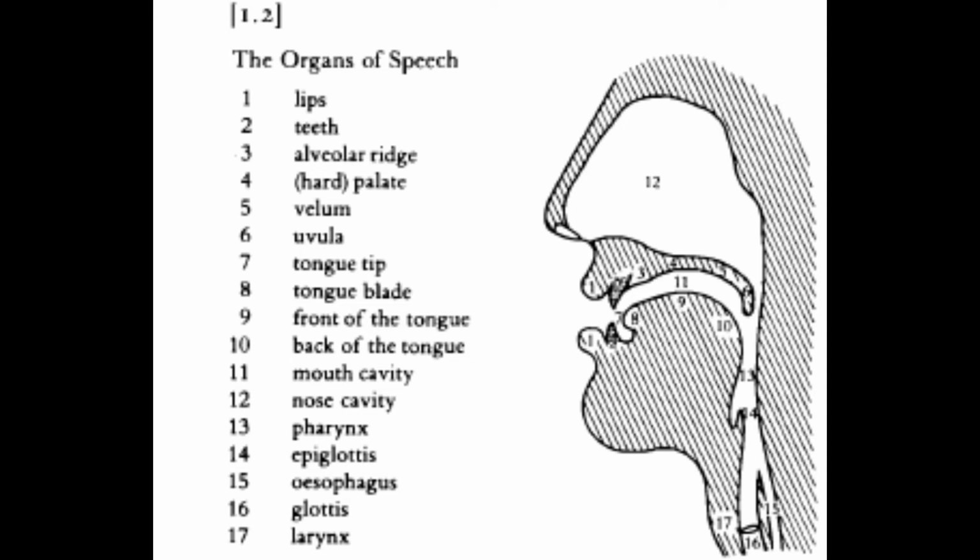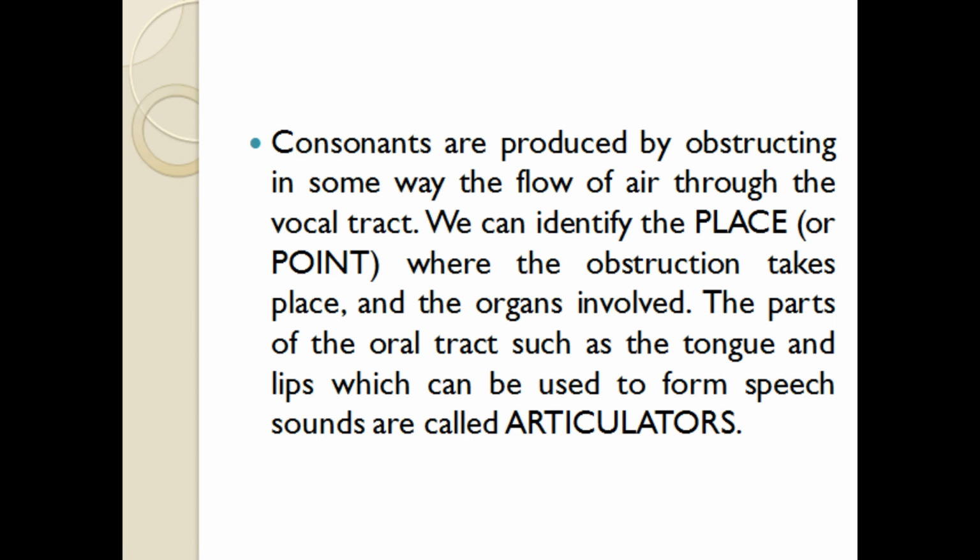This diagram shows the organs of our speech, the articulators of speech, such as lips, teeth, the uvula, the thing dangling down our throat, and the tongue and its different positions, in addition to the nose and mouth cavity and other organs. So in this way, we are obstructing in some way the flow of air, either in the vocal cords, like we explained, with the sounds and z,